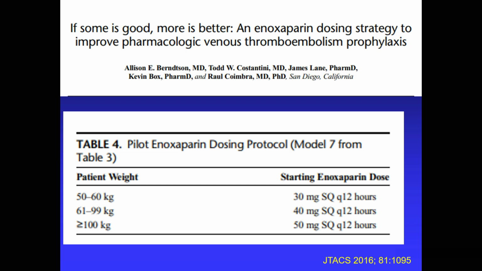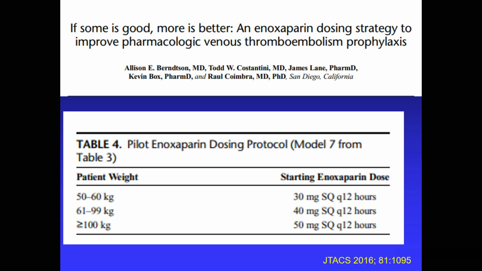The first paper was from the UCSD trauma team looking at a semi-weight-based dosing approach in which patients were placed into 3 dosing ranges based on weight, with patients 60 kilograms and under receiving 30 milligrams BID of enoxaparin, patients weighing between 61 and 99 kilograms receiving 40 milligrams BID, and those greater than or equal to 100 kilograms receiving